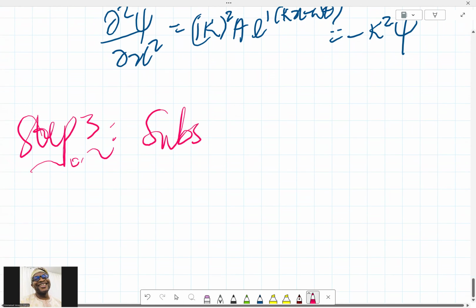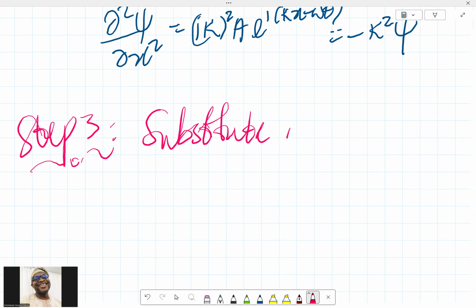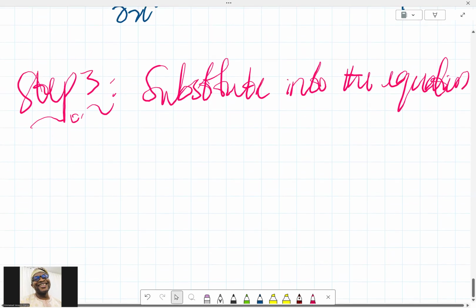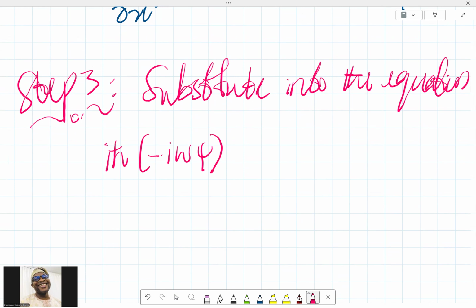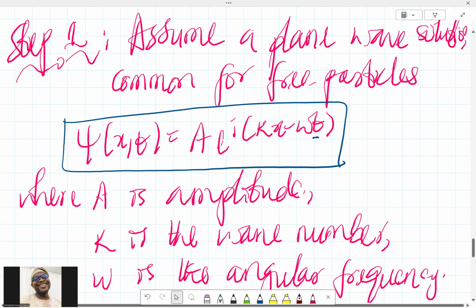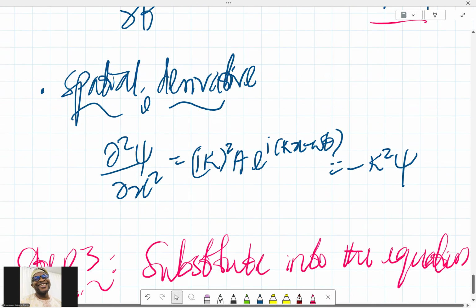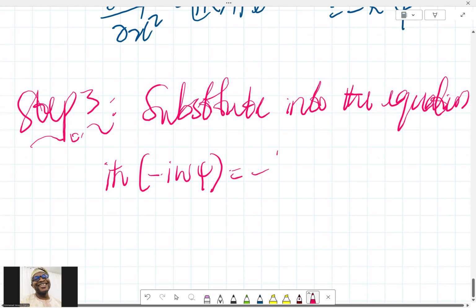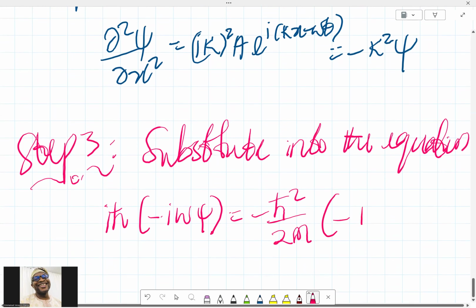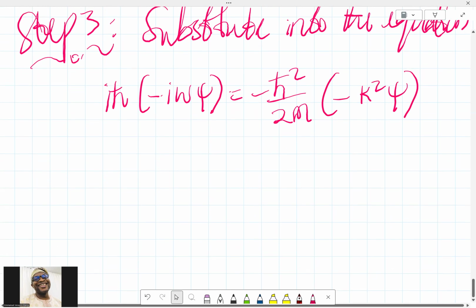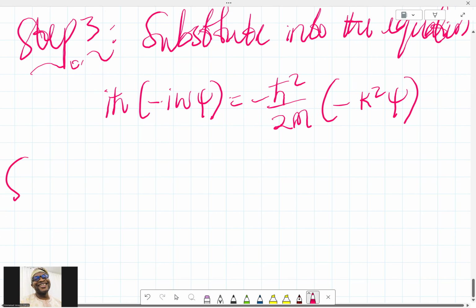we substitute into the equation. So we substitute into the equation: i h bar dpsi/dt will now be minus i omega psi, you know. So here we have the dpsi/dt, and now we've got it to be this. So we substitute it into that original expression, and that will be equal to minus h bar squared over 2m times whatever we get there, which is minus k squared psi. And when we simplify,